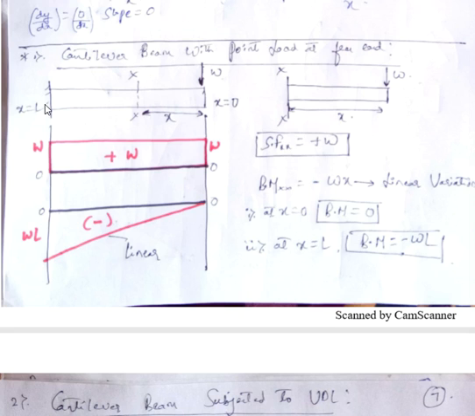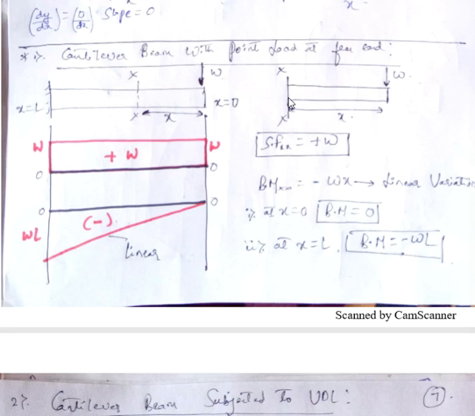For plotting shear force diagram and bending moment diagram, we'll take a section on this beam at a distance x. Let us consider this section to be xx, distance x from free end, and then we'll represent it in this diagram. So I have taken a section xx, and on this section length of the beam is x, and the load acting is W.